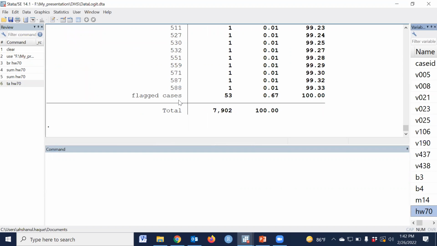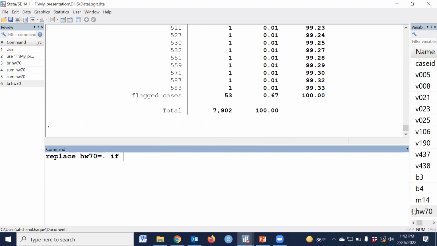This is the flag variable. That means we have to replace those values as missing. Replace height for age equal to missing, that means dot,